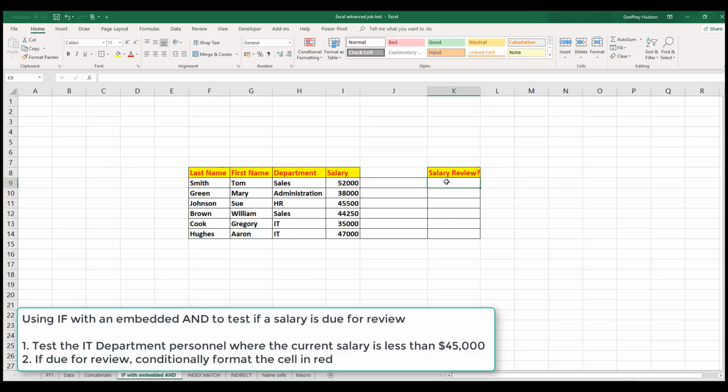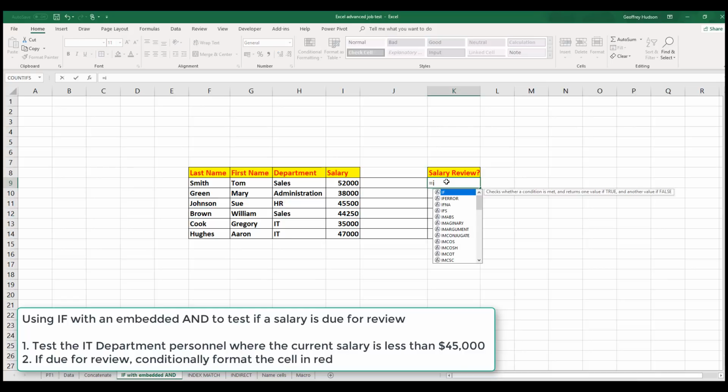So what we're going to do is type equal IF, open a bracket, and then type AND, because we need two tests to be true. And we're going to say if the department in H9 is equal to IT and a comma, and the salary is less than 45,000,